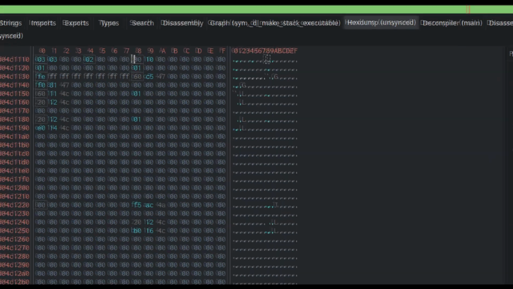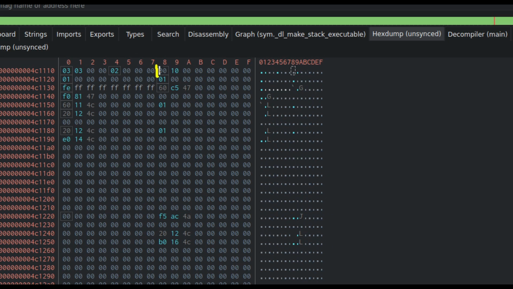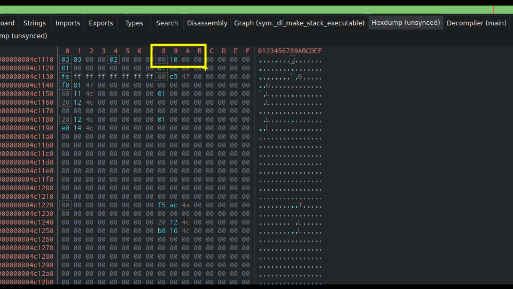We can see that it references an integer starting at this memory position. So remember that integers are little endian. That means that the least significant byte is written at the lower memory address. So in order to be able to make this number human readable, we can just invert the order of the bytes, which is also known as swapping the endianness. That basically means that this is the most significant byte and this is the least significant byte. So let us just write it in that order. And that is hexadecimal for